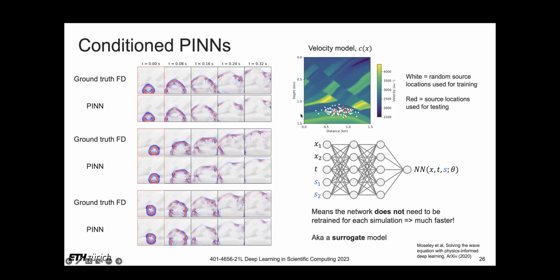And then once we've trained the network, we don't have to retrain it for new source locations. And so we queried it on these red points here, so within the same distribution as our training points. And you can see that the PINN does learn to generalize to the source location somewhat. I mean, it's not a perfect solution, and there are other reasons which I don't have time to go into why it's not performing particularly well here. But in general, what it's done is it's learned what we would call a surrogate model of